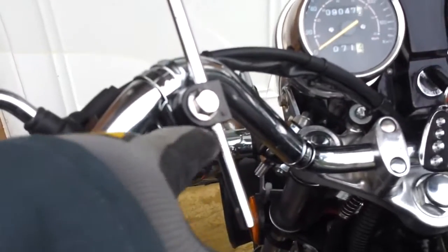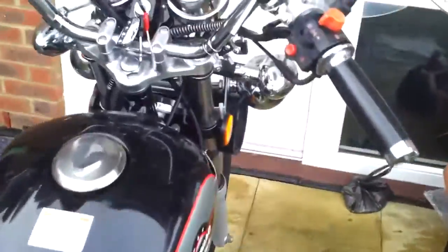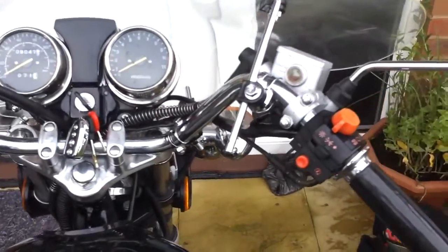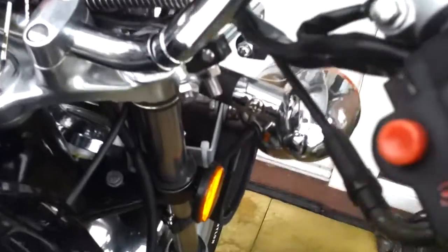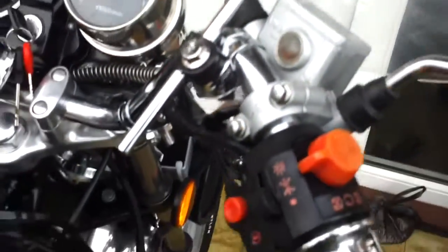I'm going to lock these off probably. I don't want them sticking in my legs at any point. But it seems to be level, square, and it looks good. Can't wait to get out on it and have a go. Bolt heads aren't catching any cables under there. But anyway, that's if you're trying to fit a screen onto your